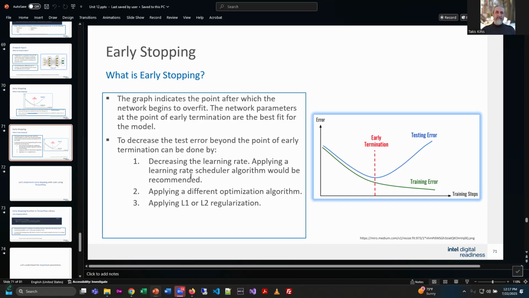That would be the recommendation, or applying a different optimization algorithm. So change the algorithm, right? Or applying L1 and L2 regularization, right? So on both levels,